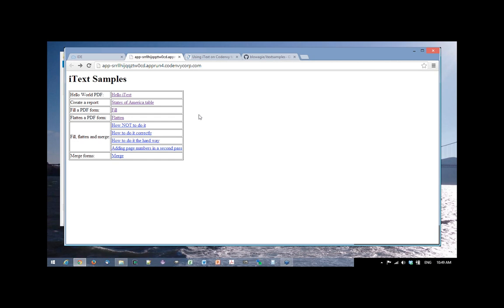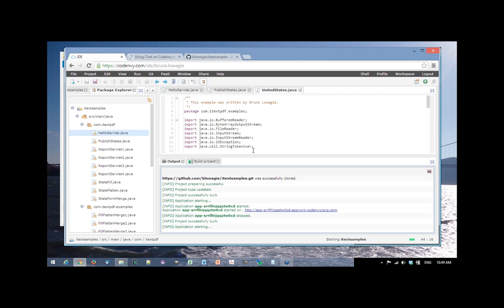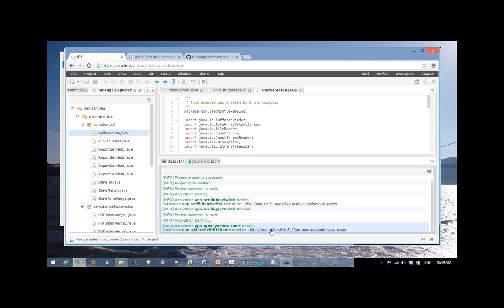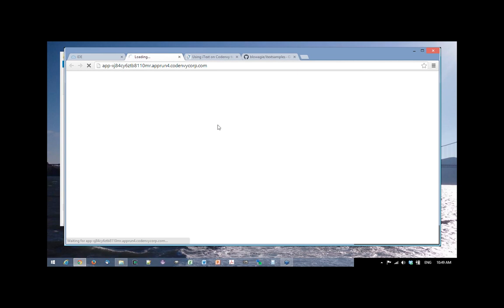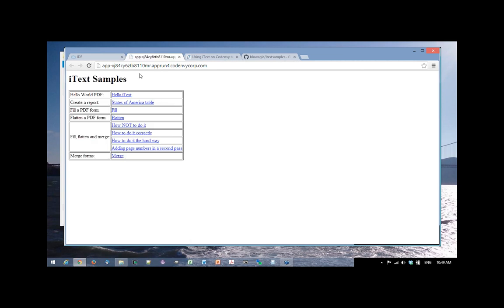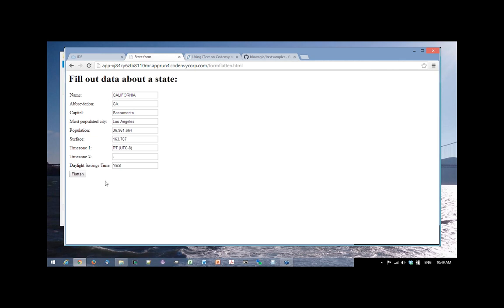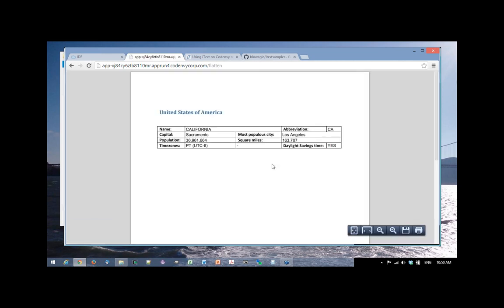So a use case, what we're going to do here, what we mean when we say flatten, is we are going to throw away all interactivity, so that people can no longer change what is filled out. For instance, Cirque du Soleil is using iText. They have made this really nice voucher where you can see a show, and then you buy a ticket, and they fill out, for instance, fields with the day, the hour, your seat number, and stuff